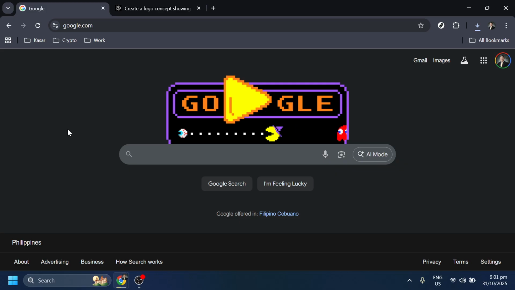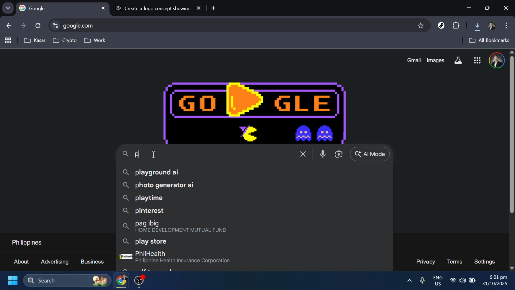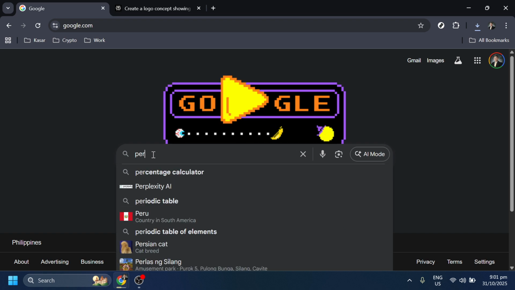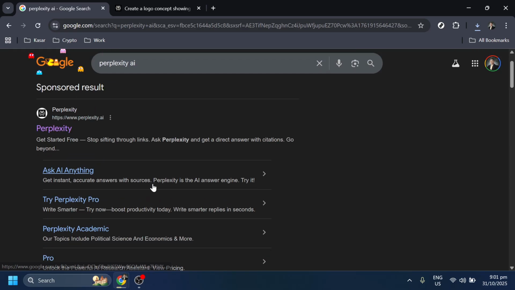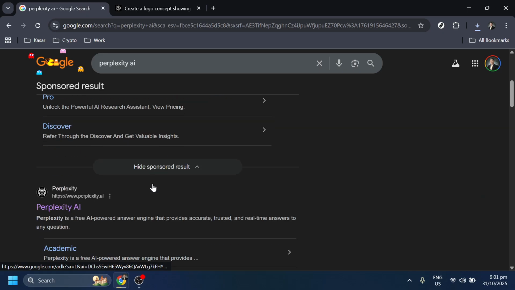First and foremost, head over to your web browser and open Google. It's a great starting point for accessing just about anything online. Once you've got Google open, you'll want to type in Perplexity AI in the search bar. Doing this will quickly lead you to the correct website. You might notice several options appearing below the search bar as suggestions, but simply press Enter to see all the